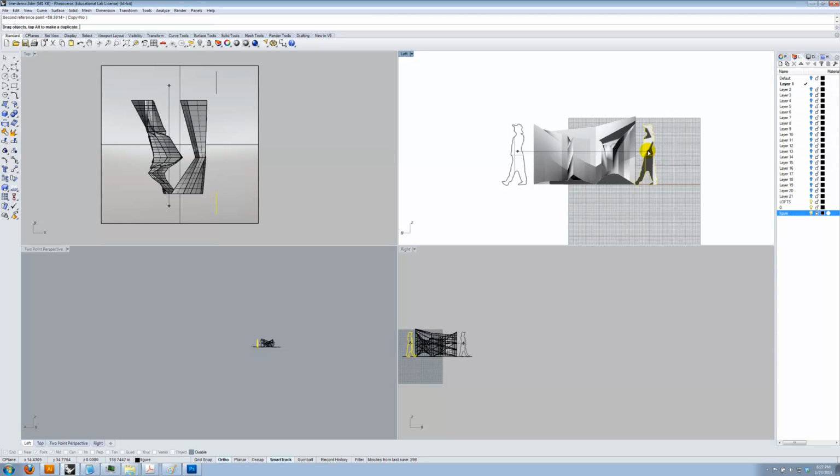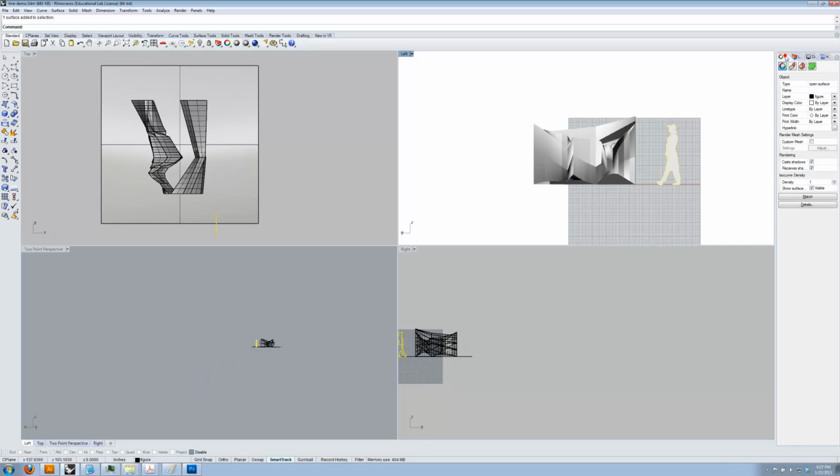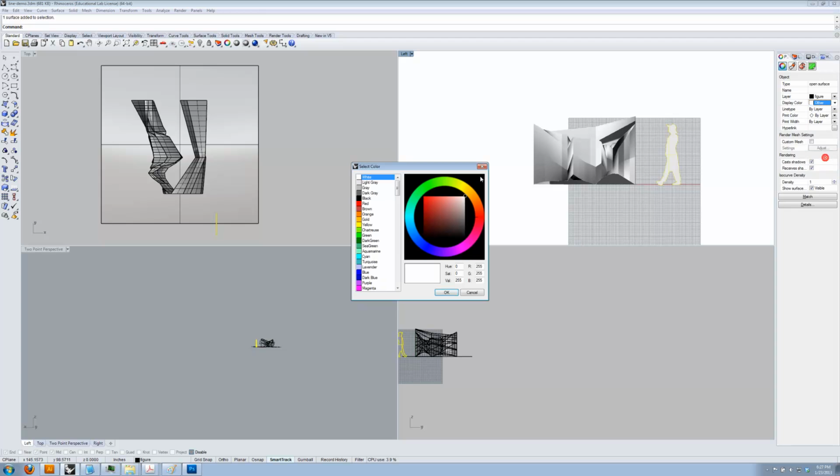And that's interesting because actually I can get shadows on my figure if I want them. Probably don't though. It's a little confusing. Okay, so I've got my form and my figure, and I'm probably going to change the color of my figure. So you've got this figure here, and you can change the display color of it to other. And I just might want him to